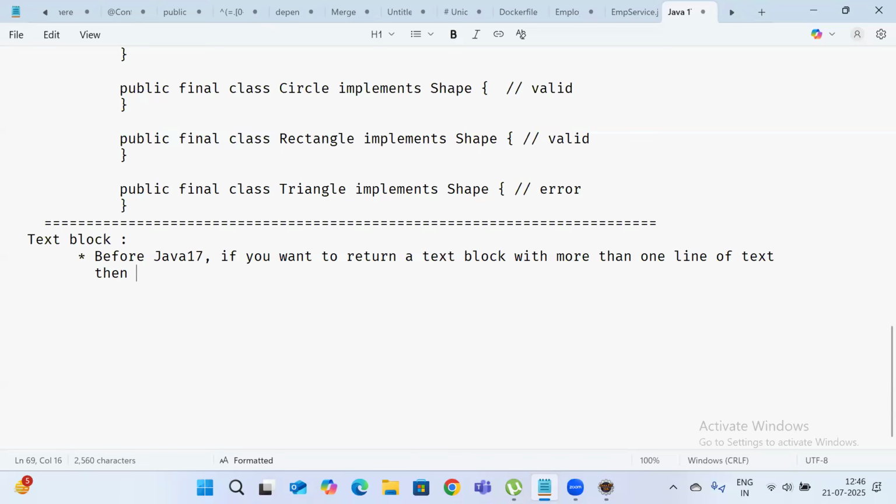Yeah, if you want to return a text block with more than one line of text, then you have to use \n, the new line character,